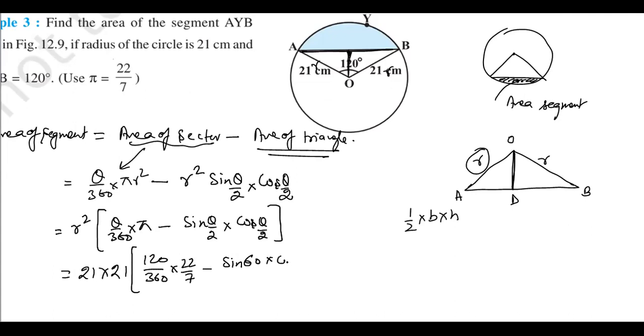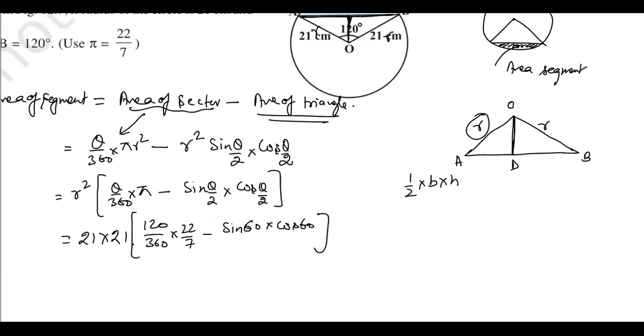into cos 60. Sin 60 into cos 60. So that would be equivalent to half. It means you can write here